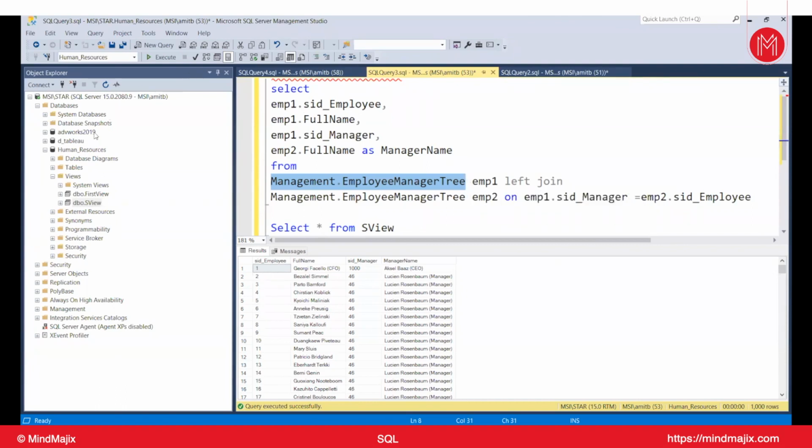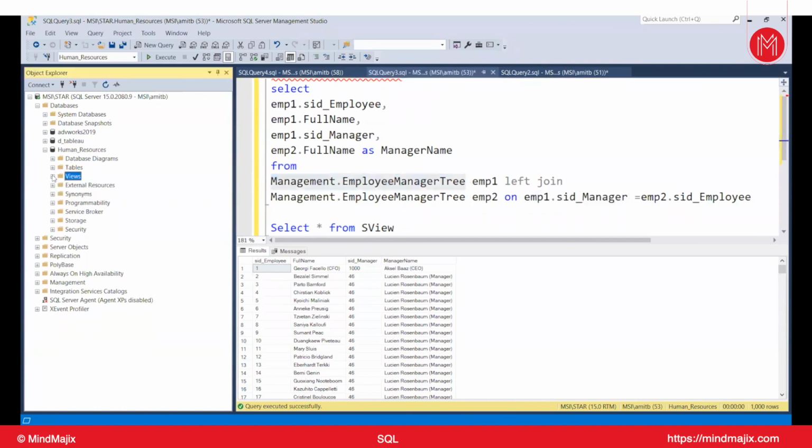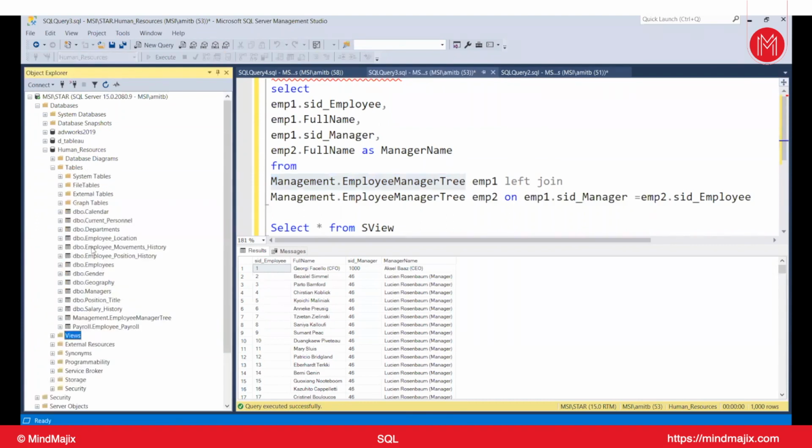Now for example, let me describe a scenario for this. If I open this table folder, there are a lot of tables over here like departments, employee location, employee movement history, employee position history. Now what if I want to select some columns from the employee and the gender table, I perform certain joins, certain filters, certain sortings, and all these operations that I have performed using the employee and the gender table,